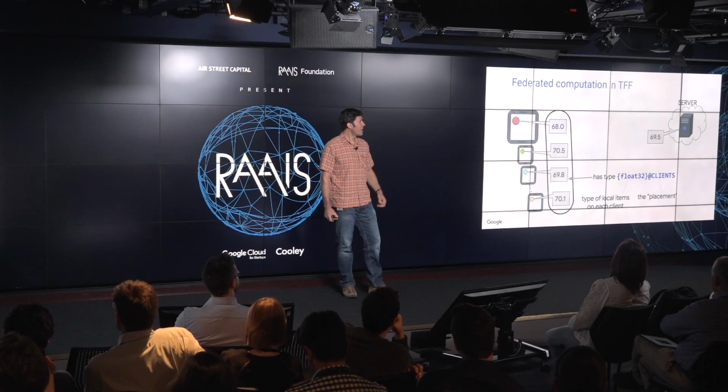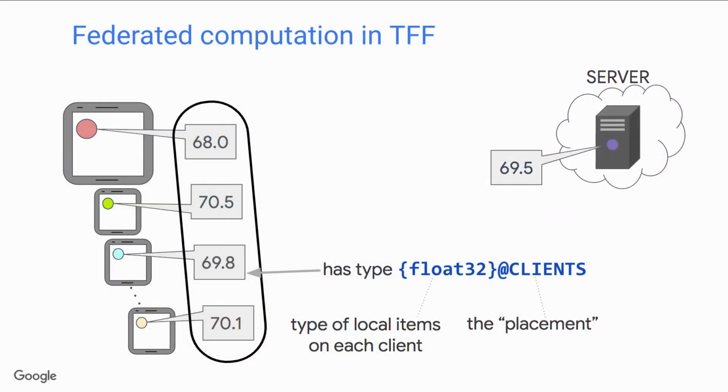So I want to give you a quick flavor of how we're thinking about this. TFF has a type system, and so consider a simple example where each device has a temperature reading. We would think of that as a single federated value with type float32 at clients. So that encompasses not only the representation type, but the placement of the data. So data locality is a first order concept here, because that's really important for reasoning both about system level concerns, but also privacy concerns in federated learning. So for this simple example, let's suppose what we want is actually the average of those temperatures placed at the server so that we can release it to a data analyst.